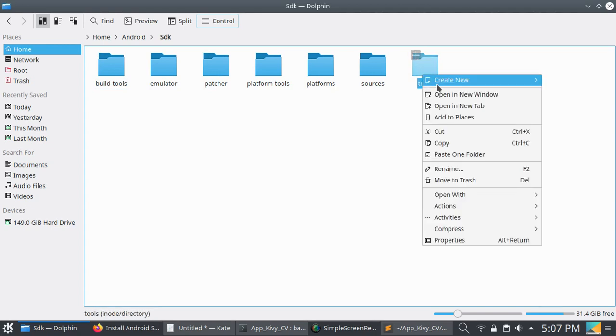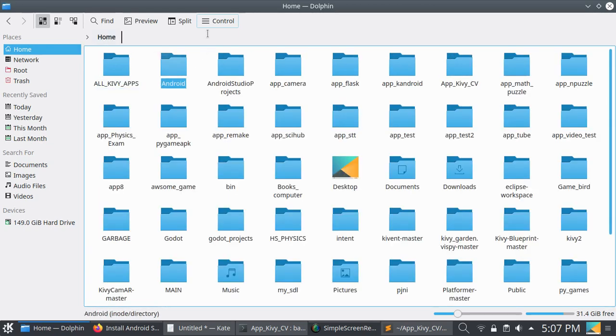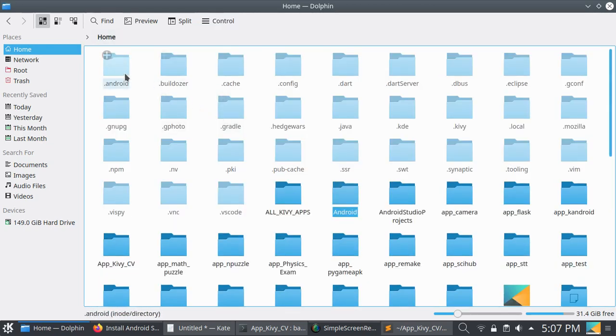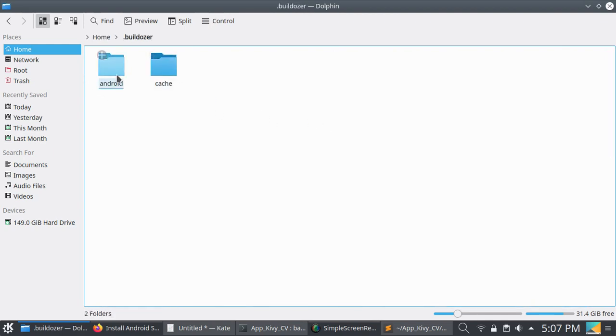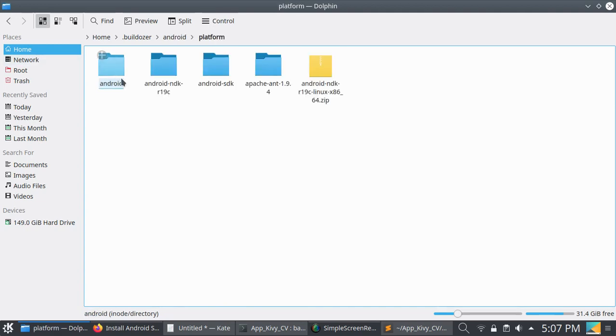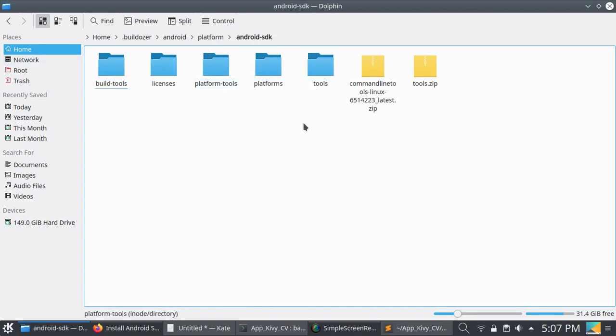First copy these tools, open all the hidden files, open .buildozer, go to Android platform and Android SDK, and this is the tools folder.